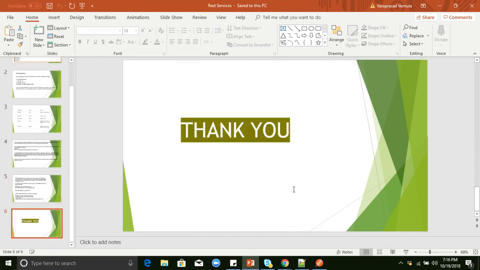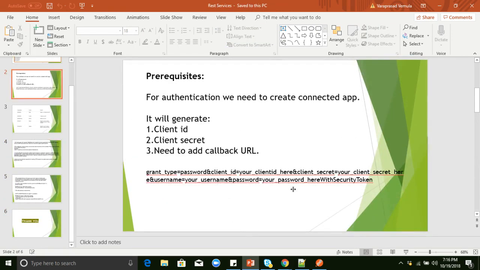That's all from this video, and we'll see in the next video directly how we can connect Salesforce to Salesforce using REST web services, so that we can easily understand. We can check that one, and once we do that, we can do any integration using REST web service. For example, SAP to Salesforce, Salesforce to SAP, anything.